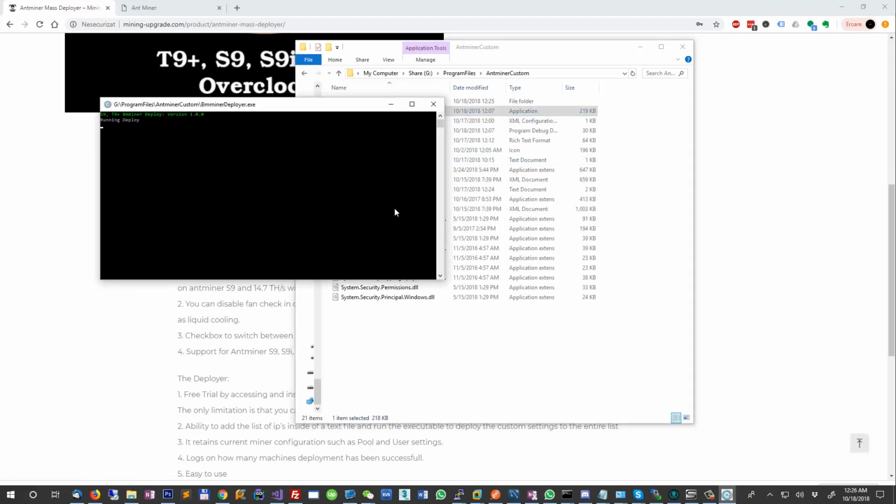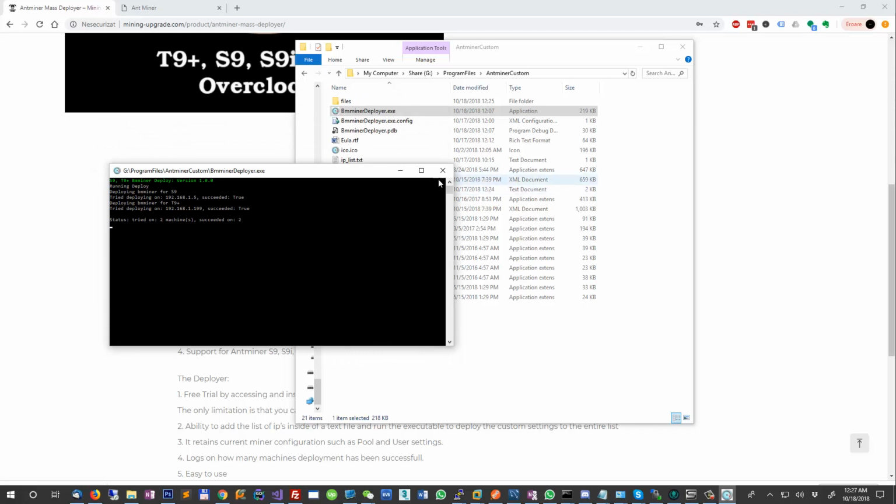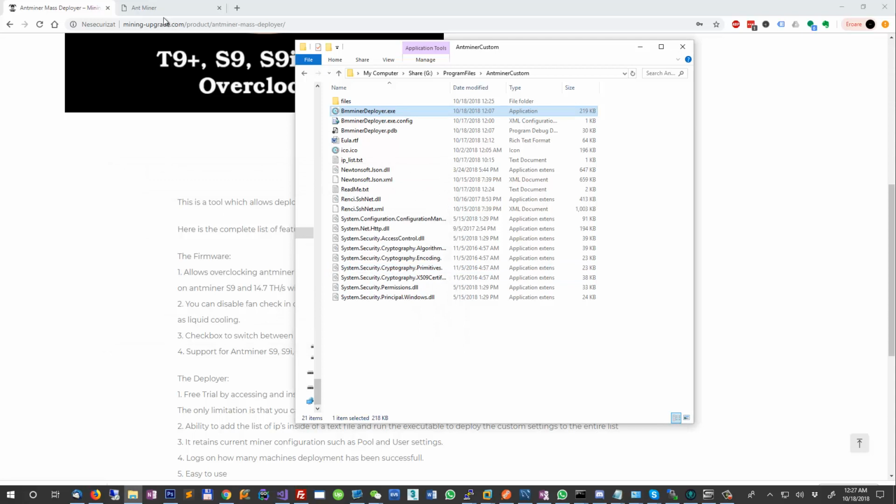And when you run the application, it's going to check if the IP is reachable, and if it can reach it, detect which miner version it is, and it's going to tell you if there are any errors encountered when trying to deploy to those machines. And at the end, you are going to get the status on how many machines you had in the IP list and how many succeeded. After the deployment is done, you can press any key twice,